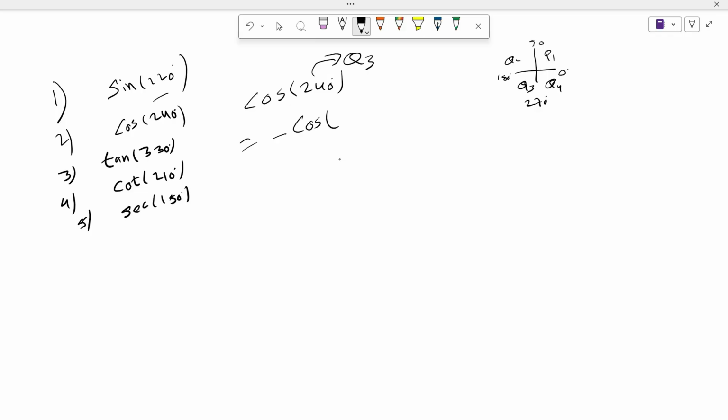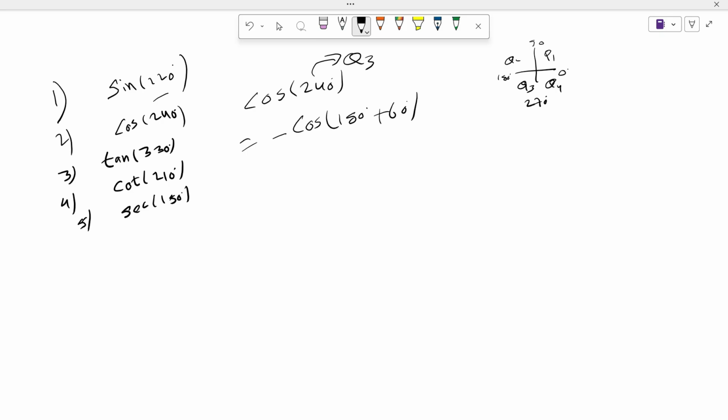So we can take 180 plus. You can use another approach also. You can take 270 minus also, but we will prefer only 180 because it's an even number. The angle will not change, the function will not change. So cos 180 plus